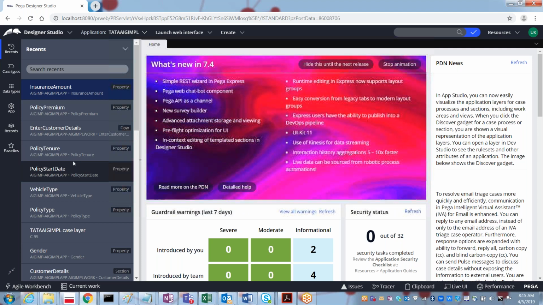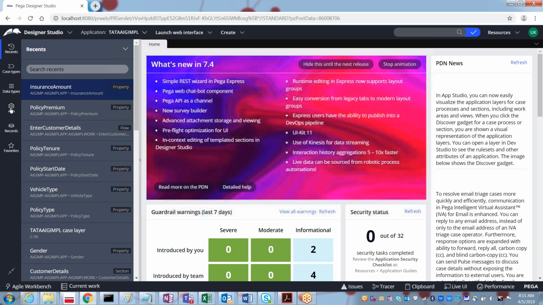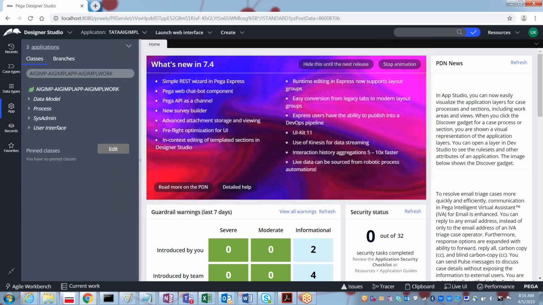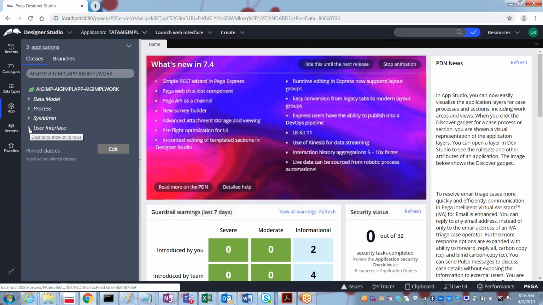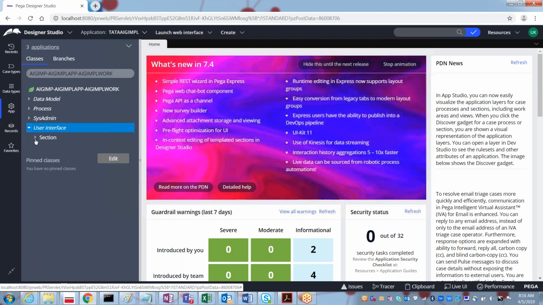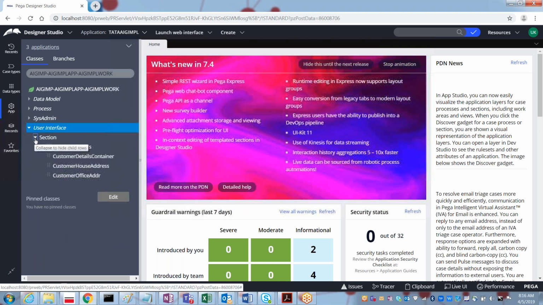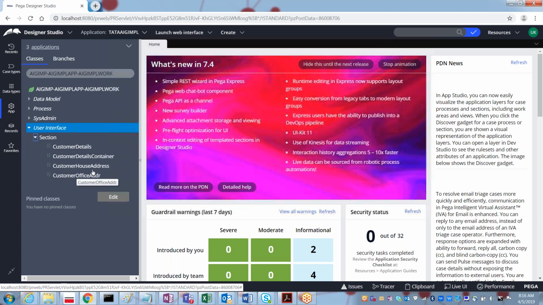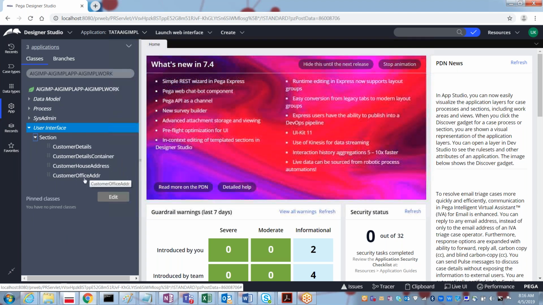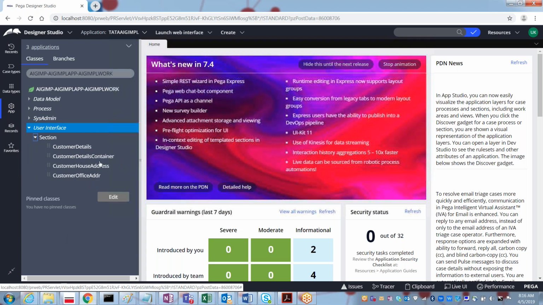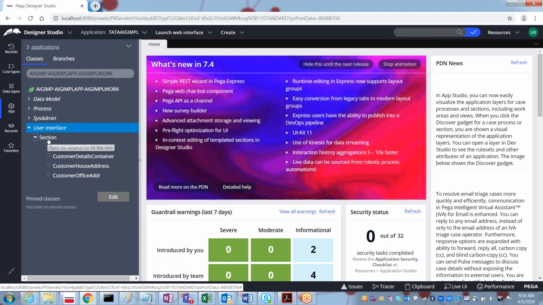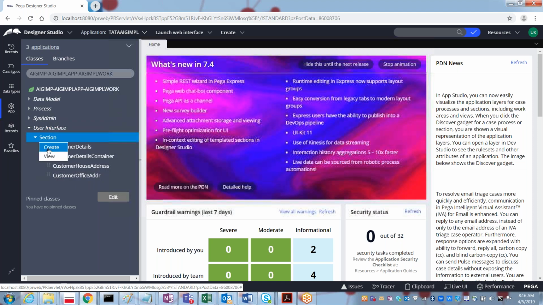We will be placing these properties in a section. So go to the App Explorer, and the section will be under the user interface. Earlier we created four sections, for customer details, address, office address, house address, and later the container class. In the same way, I would like to create one more section.